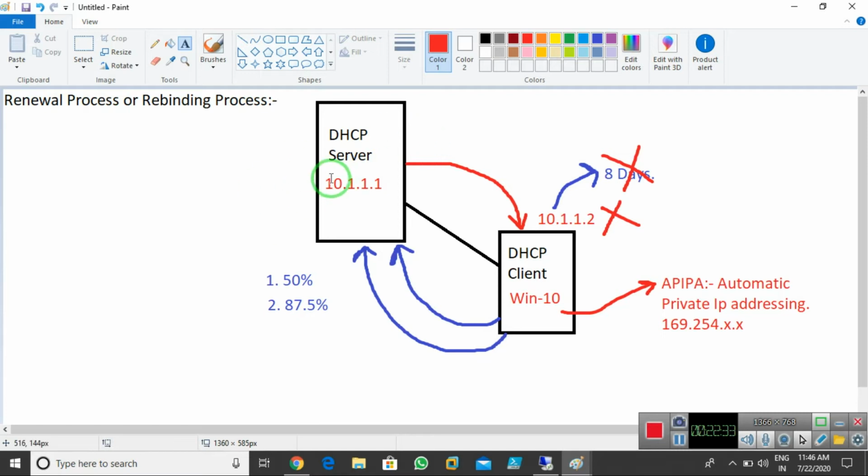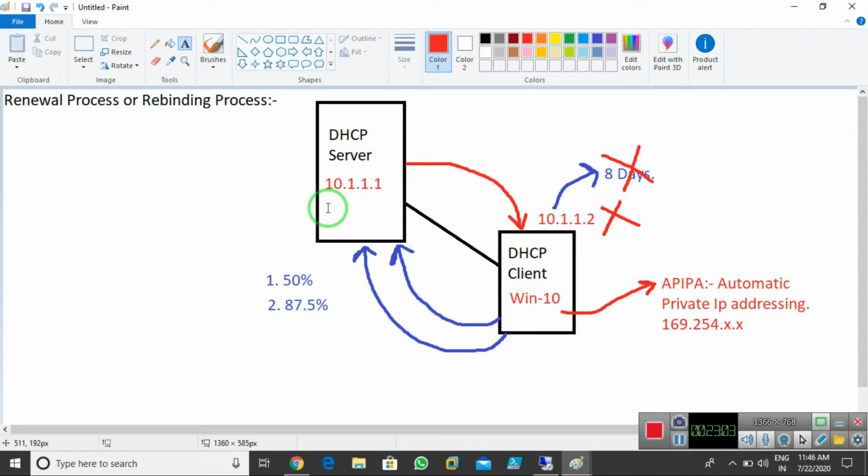But if you're using DHCP services with an Active Directory network, I need to authorize my DHCP server with AD as well. If my DHCP server is not authorized, it is not able to provide IP addresses in my domain network. Understood? Remember these things. If my DHCP server works in Active Directory, in a domain environment, we need to authorize the DHCP server.